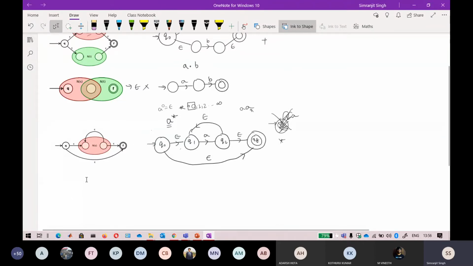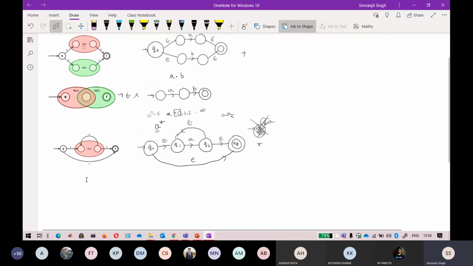I will copy and paste the notation here. The expression is A followed by A star followed by B. I want to convert this regular expression into an NFA or epsilon NFA.